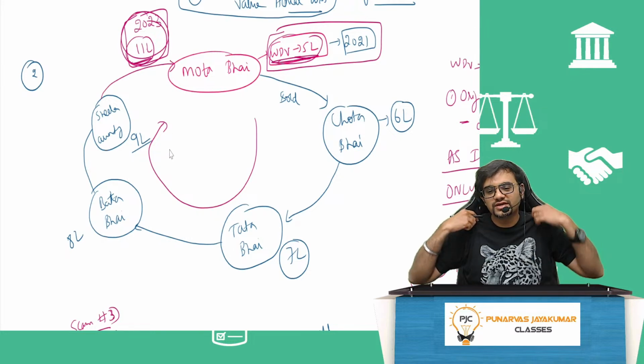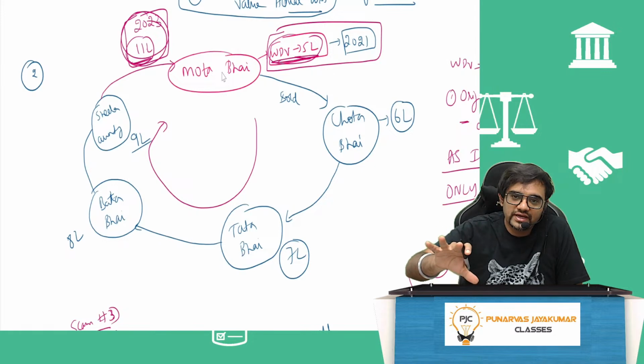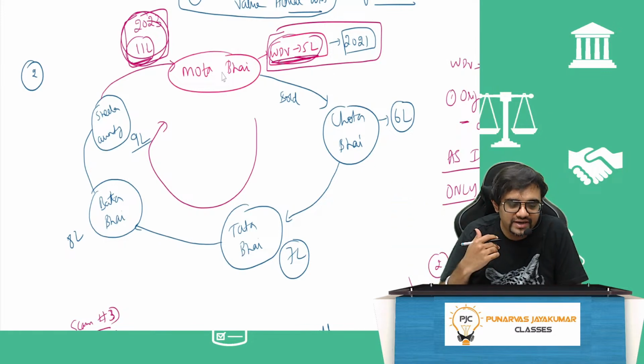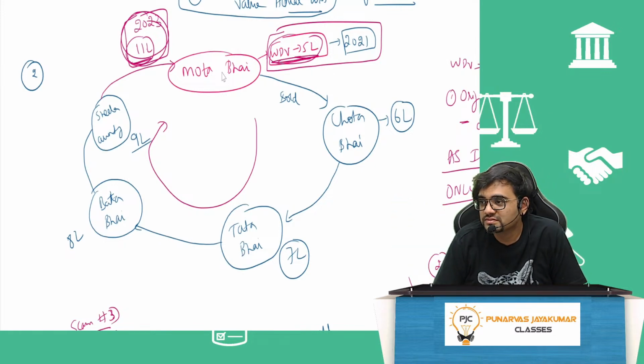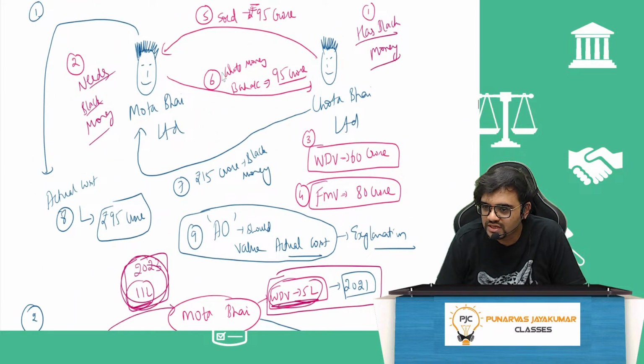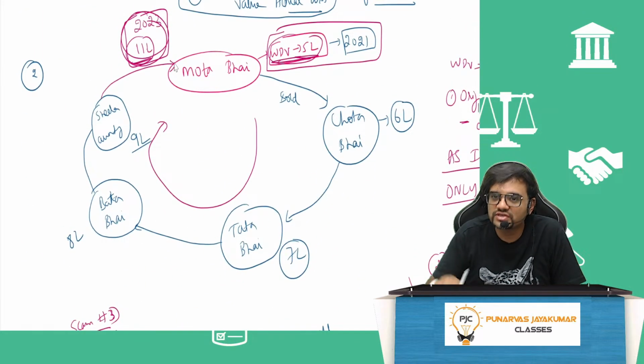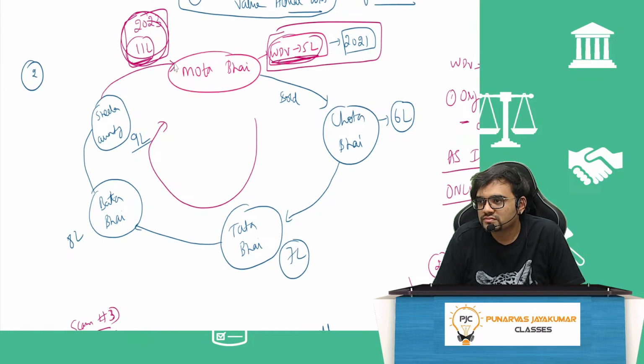Now the question is, Mota Bhai had an asset which was 5 lakh. Got it back at how much? 11 lakh rupees. Again, enhanced cost. What will be the actual cost here? Here you cannot go to the previous explanation because in the previous explanation, it was not your asset. Mota Bhai acquired from somebody else. Here it's a different explanation because your own asset you are reacquiring. You are reacquiring at 5 lakh or 11 lakh.